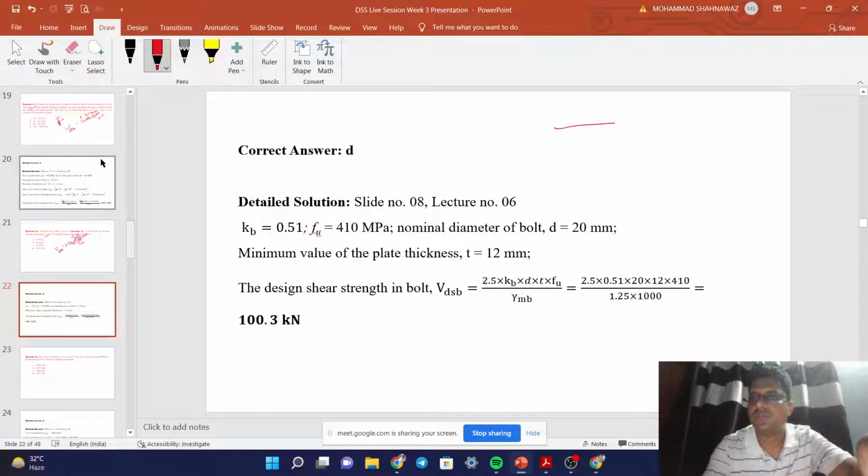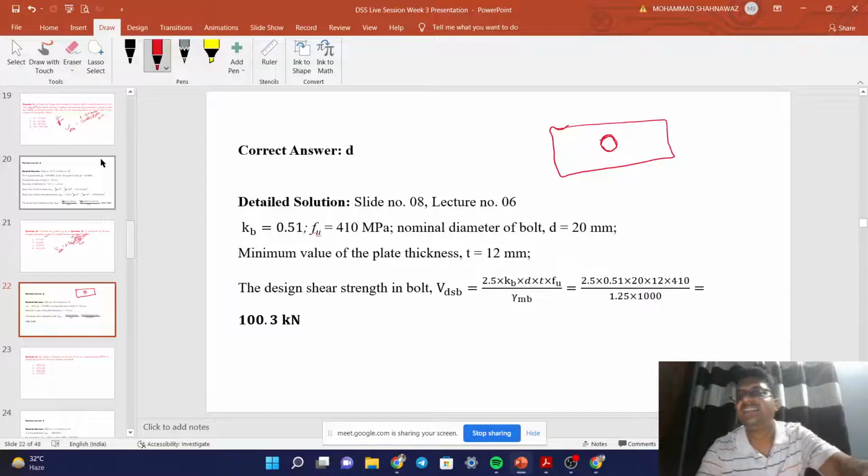Let us suppose this is a plate and this is the bolt hole. When you insert the bolt in it and it bears, this bolt will distort. Let us suppose earlier it was circular and now it will become elliptical, something like this. Its cross-sectional area has been distorted. This bolt will become like this, along with the plate.